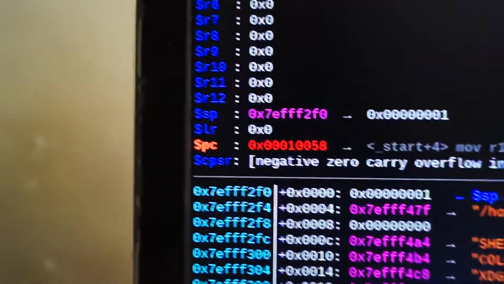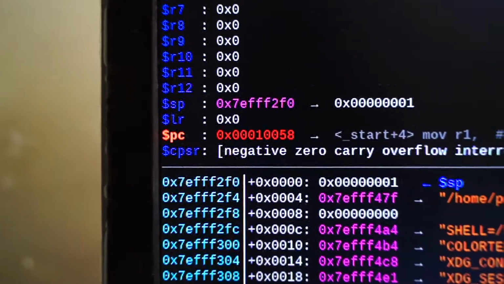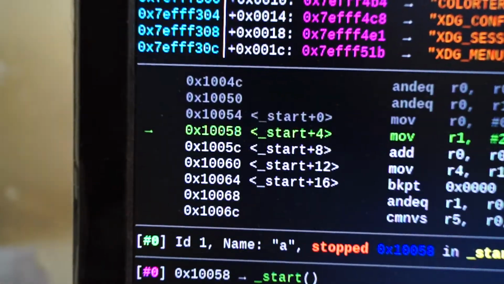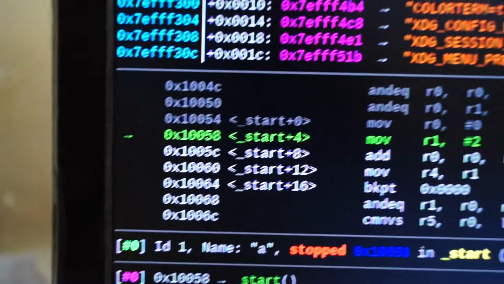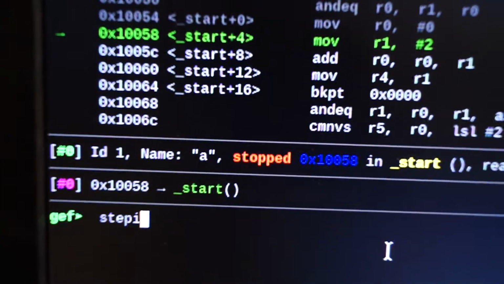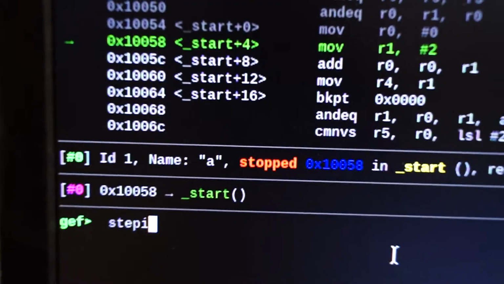Okay, you can see the program counter is at 10058, and at 10058 is the instruction which is going to be executed when we enter the command step I, step instruction. Okay, so let's see.